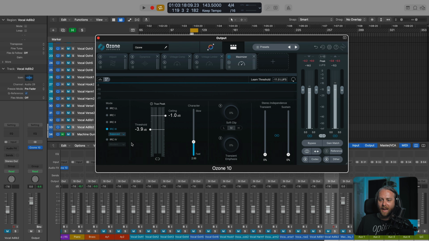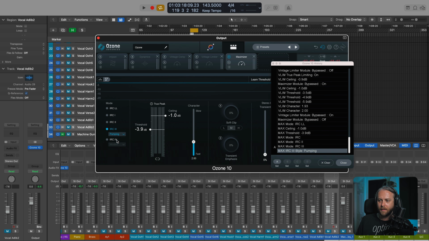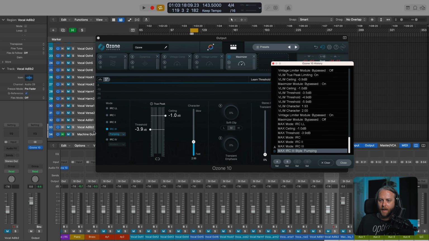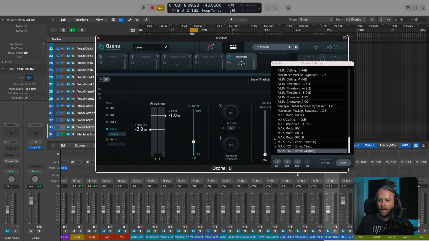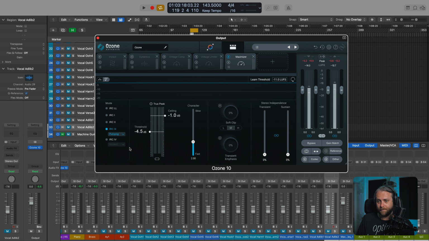I should mention that we actually have a really handy and clever mode here that lets us audition different IRCs or any parameters, frankly. So I could set this to balanced here in A. Go down here and set B to pumping. I could set crisp to C, and then for D, I could set this to clipping. And now we can hear all the styles as I go between them, right? So let's start with pumping.